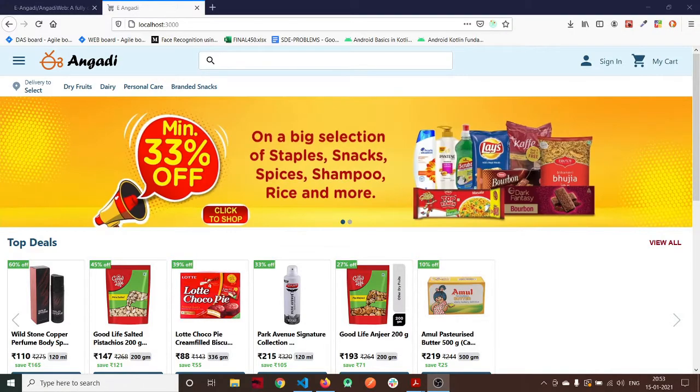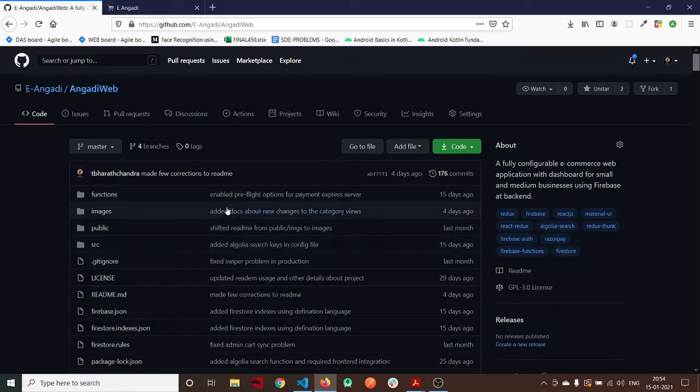Welcome to the demo of Angadi, a completely configurable e-commerce application specially developed for small and medium businesses. It uses Firebase at the backend, such that the vendor who is using this application need not worry about the backend at all. So the front end page looks like this, and it's completely open source and hosted on